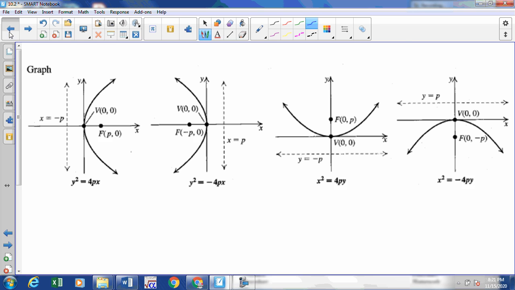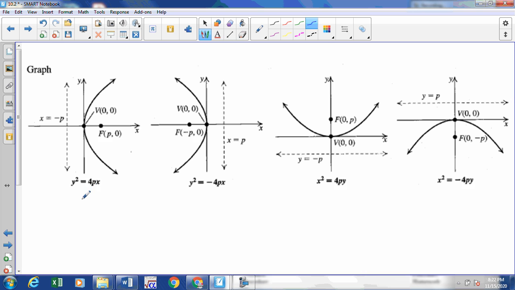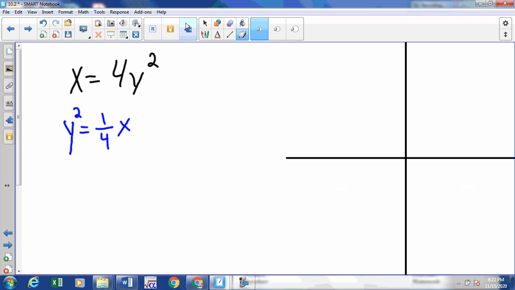So first let me say, if we have something like this, this is not in those forms. So I would need to rewrite this as y squared is 1/4 x. Now, right away, once it's in that form, I could look and say, okay, this is that form that I am working with right now. So if I go back to my graph, I can say, all right, I know